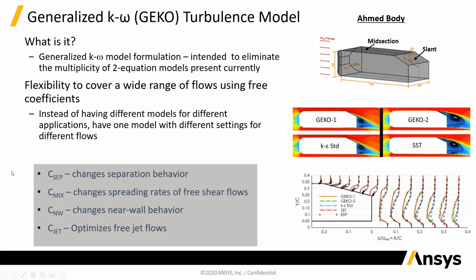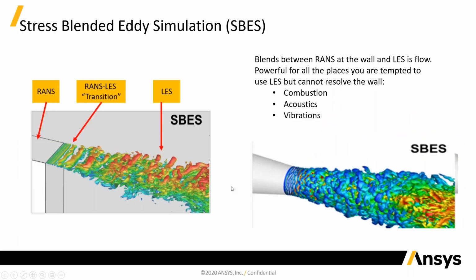And there's now lots of work going on to optimize those choices using the optimization tools. And with this model, you can change one constant and essentially go from K epsilon to SST, and you'll see that the GEKO versions give identical results, but then you can go on to tune your model. Why do we do this? Well, we do this because we can't always afford to run scale resolving simulations. And if we do need scale resolving simulations, though, we have this ability now to run a